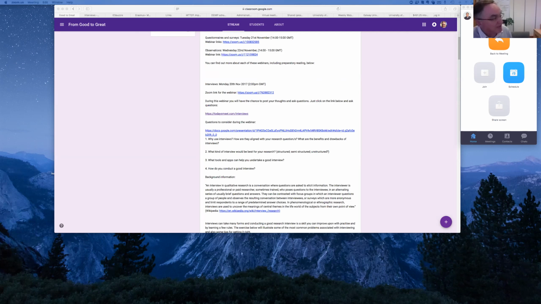The advantage, as I say, is that you can go back to those, you can listen to them afterwards, you can replay, and in some cases you might decide that it's not just the voice you want to record, but you actually want to use video, because for whatever reason, you want to capture somebody's actual movements. This is possibly more important if it was a video, for example, where you were capturing activity. Somebody was doing something. But sometimes body movements, or body language as we call it, are also an important aspect of the research process, in which case you'd want to capture video as well as sound.